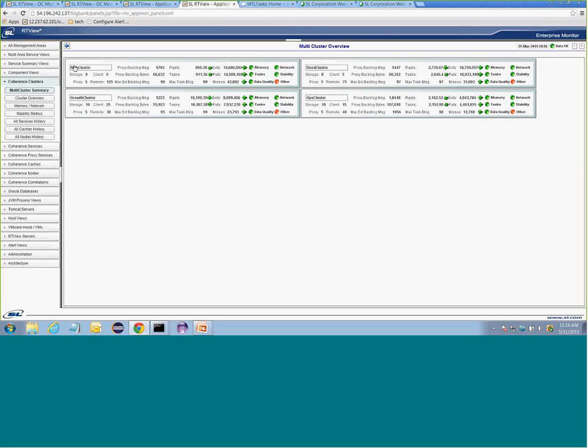What it allows you to do is see all the clusters that are participating in the application. So from here, you can see the risk clusters I might be managing, or a growth cluster, an opportunity, or a fixed income cluster. You get to see how many nodes are in each cluster, as well as clients' proxies, or how many remotes you have. Activity from requests or tasks. You see your number of gets, puts, misses.